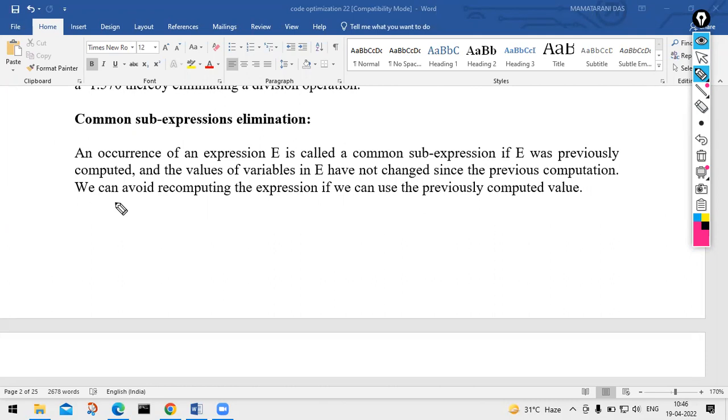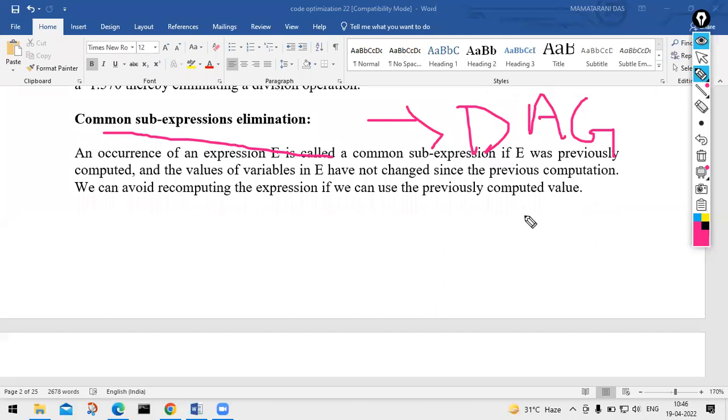Yeah, asking the class who are present over here, tell me the common sub-expression elimination. So by the DAG. So what is that? Directed acyclic graph. So by using this graph, what happens? If some value is there, let t equal to 4 into I. If some value is there for the second time computation, whether you are computing again or you are using this